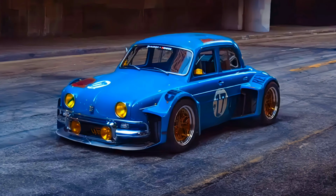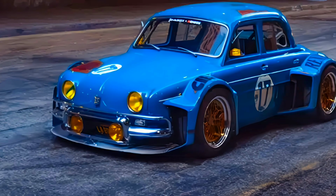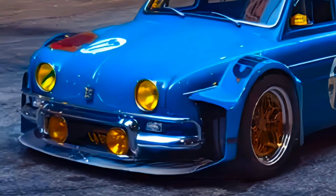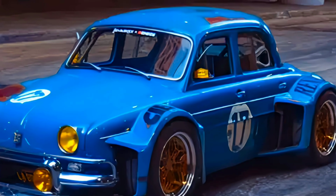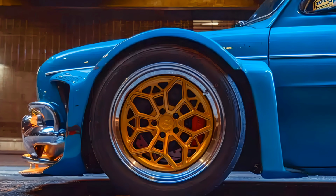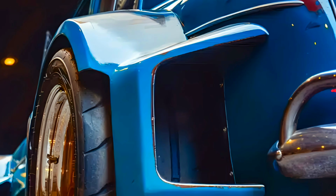The 1960 Renault Dauphine is a beloved classic known for its elegant design and reliable performance. ENEOS has breathed new life into this iconic vehicle, showcasing their commitment to performance, innovation, and automotive heritage. While the Renault wears its patina with pride, Justin's Group 5 Racing inspired carbon fiber widebody, which extended the car